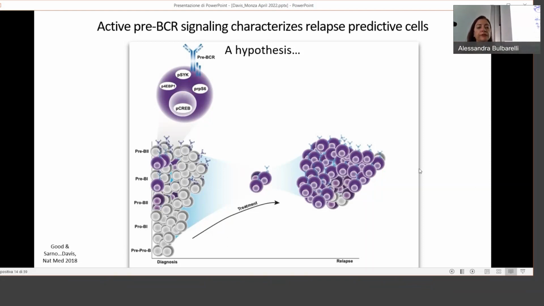And so we were hypothesizing then that these hidden cells that were there at the time of diagnosis have this activated network, and that what we're reading out is constitutive activation of this signaling pathway. And we did see co-expression of the components of the pre-B cell receptor, and of immunoglobulin heavy chain in these cells as well. And that potentially then as patients undergo treatment, as I mentioned, all of these non-relapse predictive cells go away. Perhaps MRD cells, or the cells that persist during the early weeks of treatment, are actually the same cells that we identified in the diagnostic sample. That's a question that we're investigating. And then that these cells can populate a relapse.